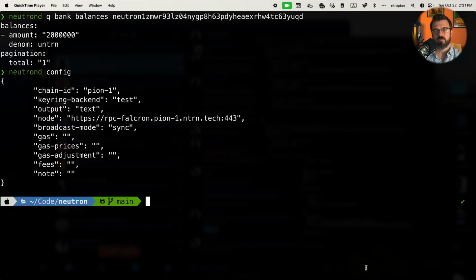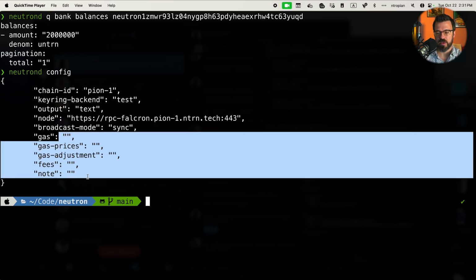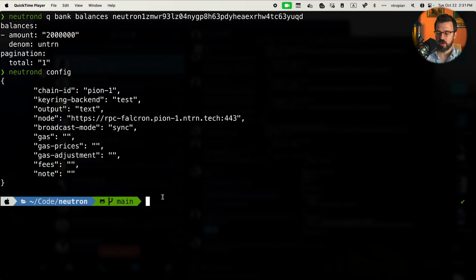Go back to your terminal. Now, it can be in your project file in Cursor or Code or whatever your IDE is. I'm just going to, for clarity, use it here in my terminal window. Your config should be already set as the config video indicated with a testnet RPC, pion-1, or if you're on Osmosis, osmo-test-5, and then using our test keyring backend. We may have to deal with the fact that we don't have any gas prices set here as we encounter